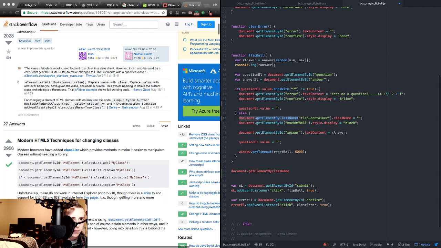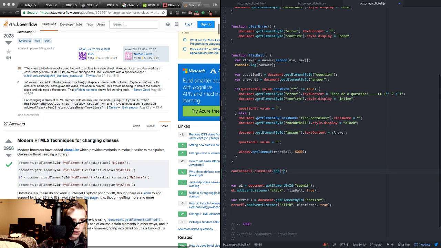Document. Let's get rid of that. Down here, we can do... We're just going to type it out down here because we can. Container EL dot class list. Does this mean I need to set up a click event for container now? Or not a click event, but an event listener for container, like how I set one up down here for flipball and clearing the error. List dot add